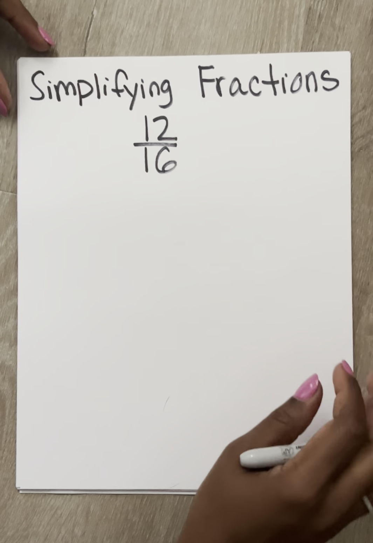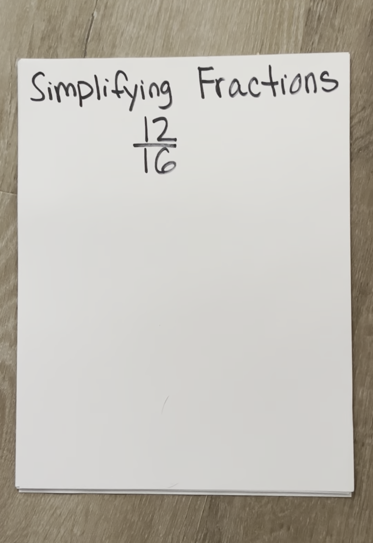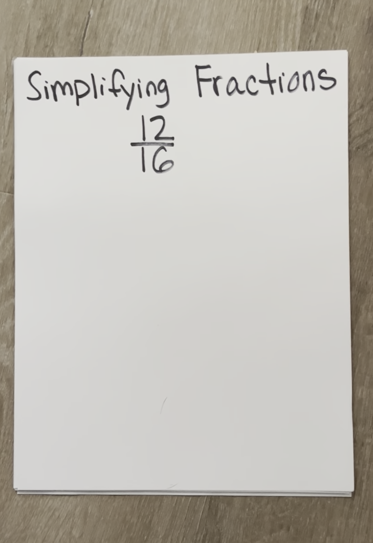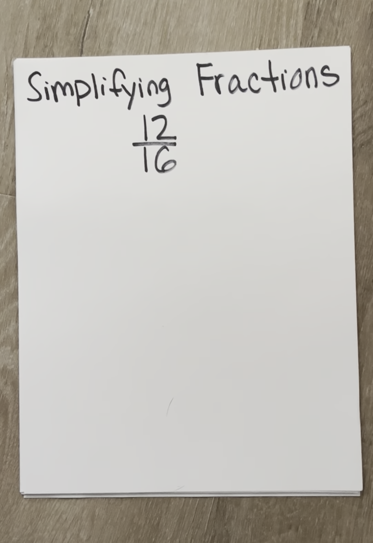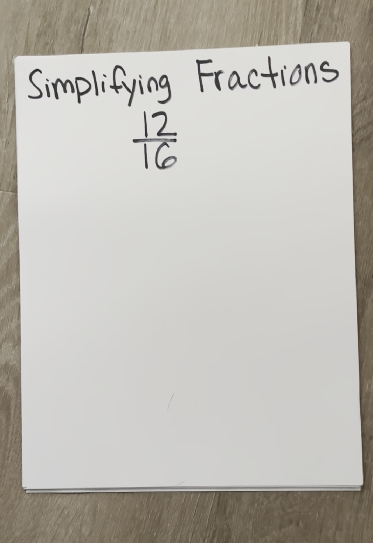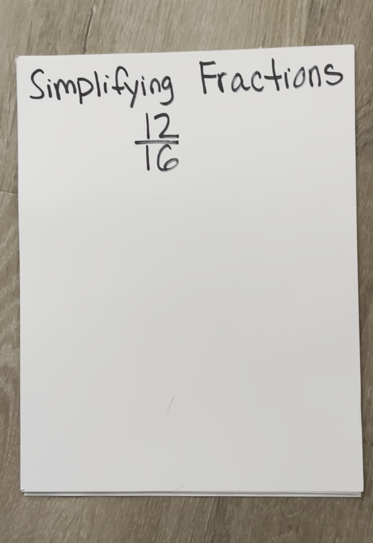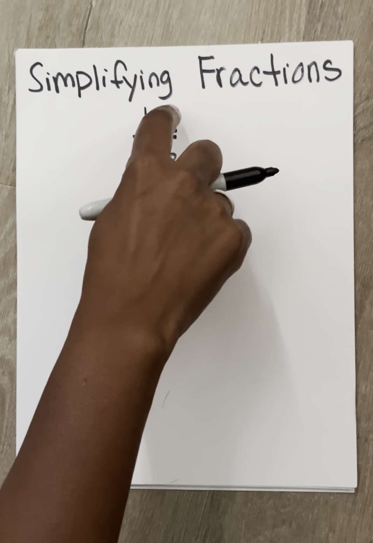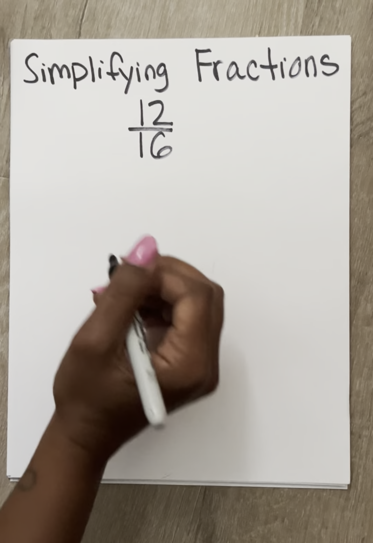All right, so now that we know how to add and subtract fractions, we may need to simplify. The example that I'm going to use is 12 over 16. So step one is to find the greatest common factor, or the numbers that you multiply to get the numerator and the denominator. So the factors of 12, let's see,